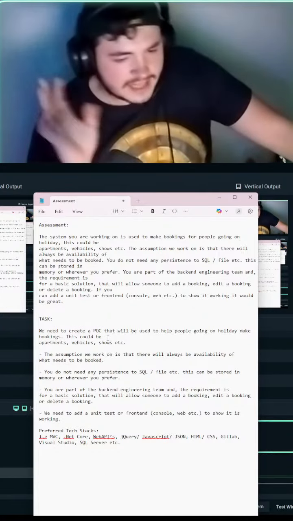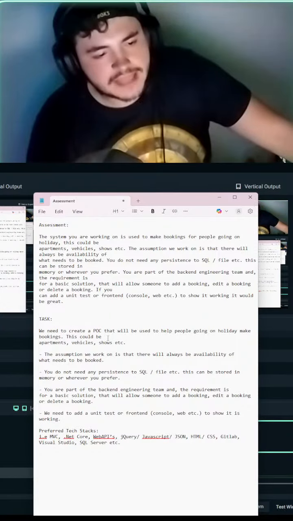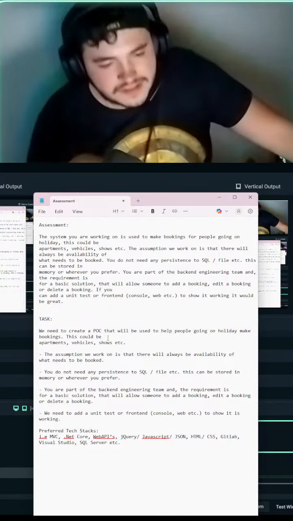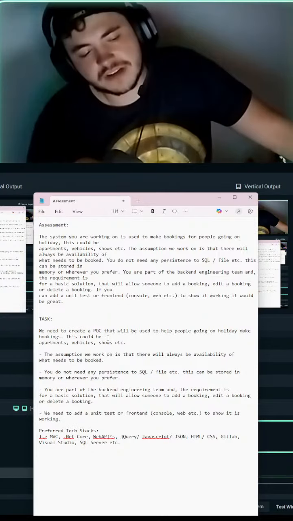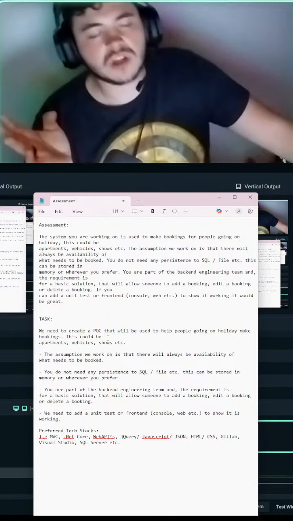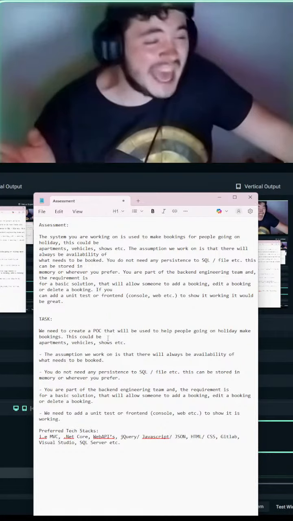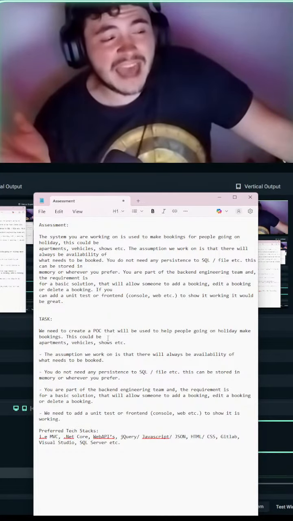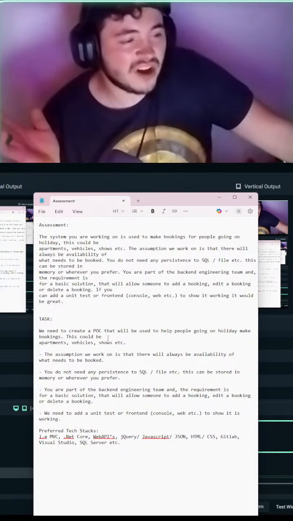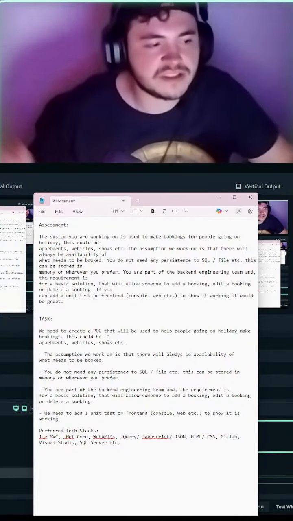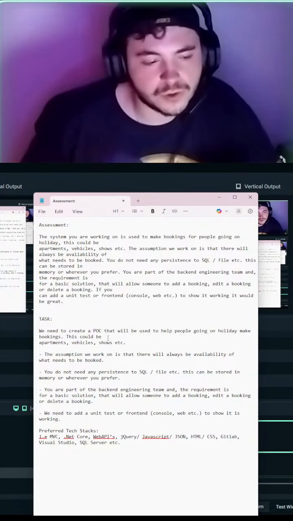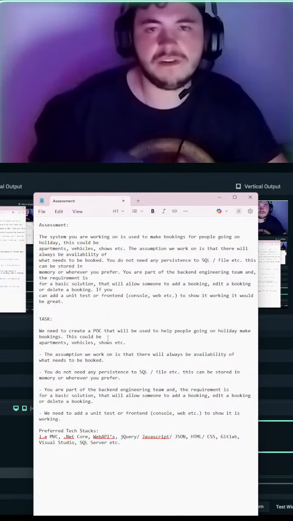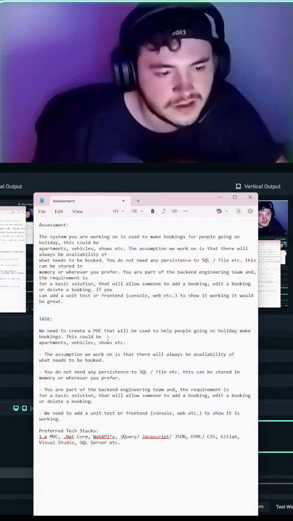So we will touch back on that, but basically that's what that bullet point means. We don't need any persistence. This can just be stored in memory, which is like your localhost. So it's going to have an ID anyway. It's going to be in your memory. We're going to have to research how to do it regardless. I have more experience working with a DP, so that's what we're going to go with, right? It's whatever you prefer. I prefer working in a DP.